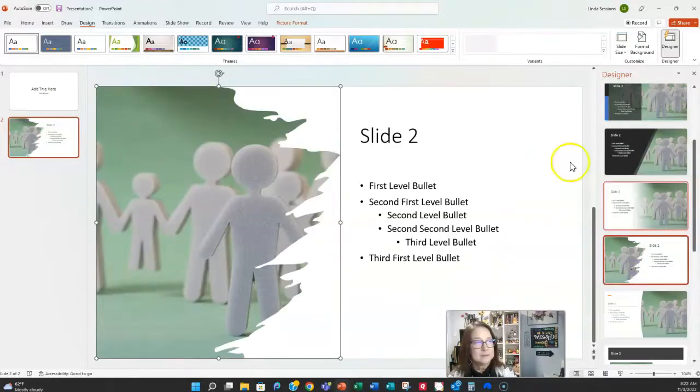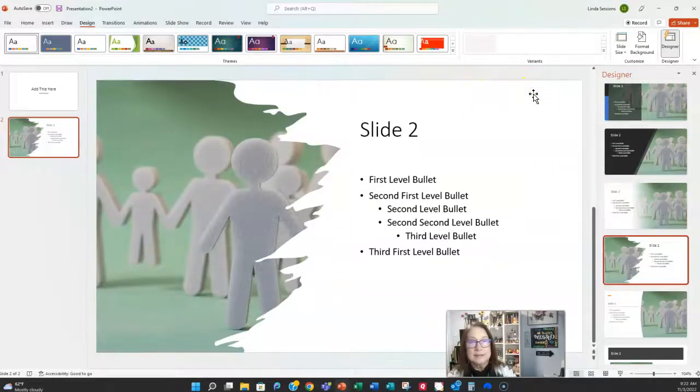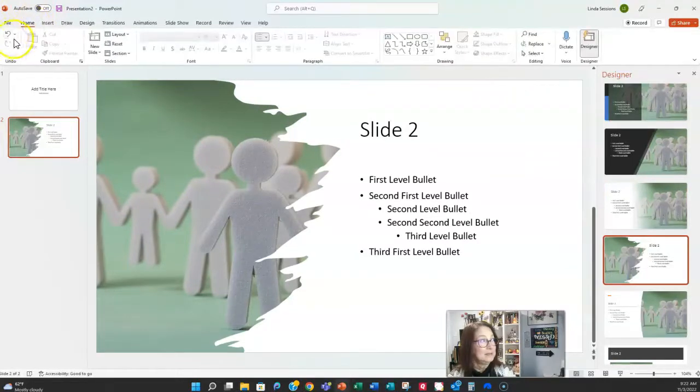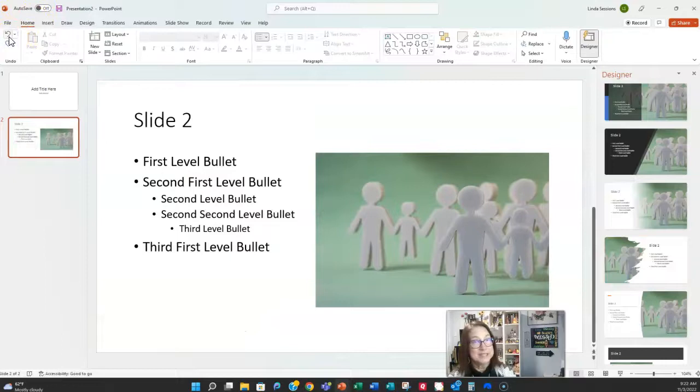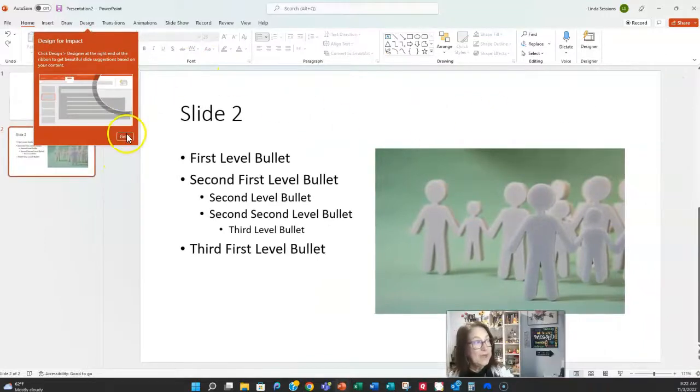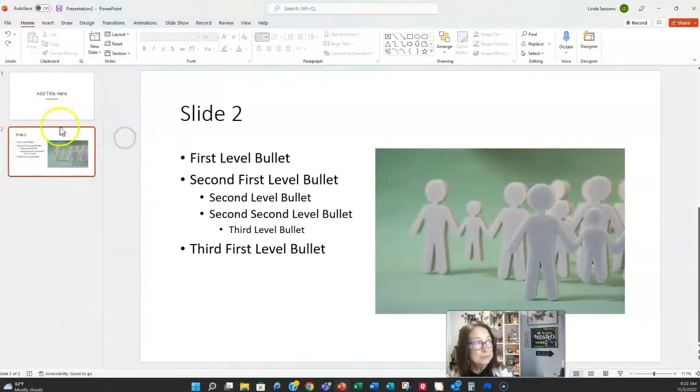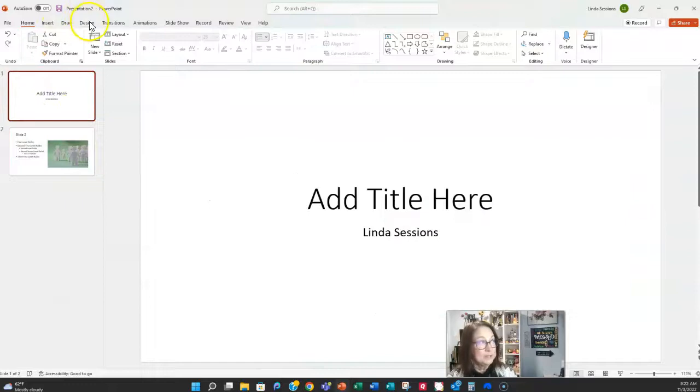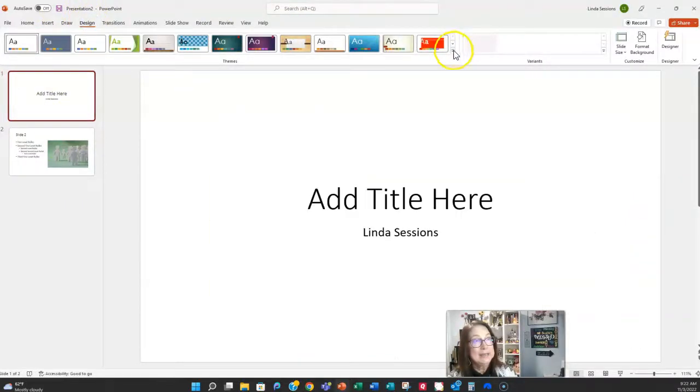Wow. That gives a little more pizzazz than that, don't you think? So you have that Designer that's available for you. I'm going to close that. If I want to change my theme, I can just come up here to the Design tab,